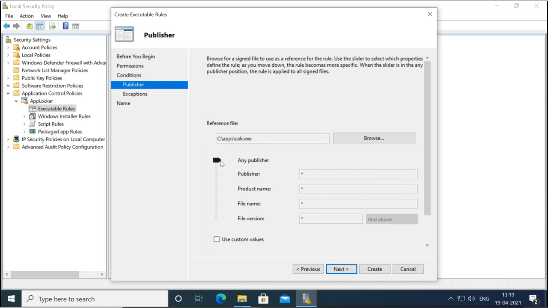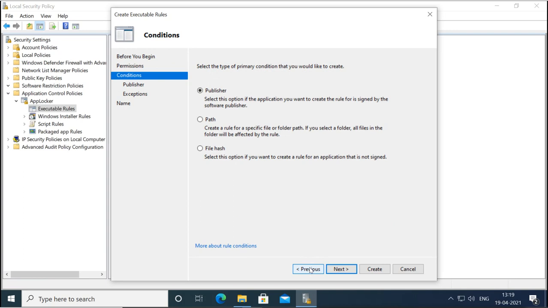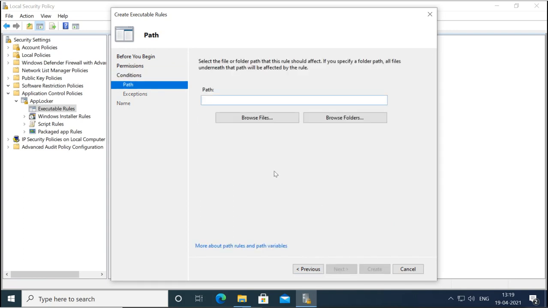And if we select path, then it will ask to provide the path here. So you can select the folder, or you can even select file directly, so that only that file will be blocked and the other files will remain unblocked. That means if I select the folder, so all the files from that folder will be blocked. So whether we have one application in that folder or many other application on that folder, so all the application can be blocked. If I select files, then it can be only for the file.